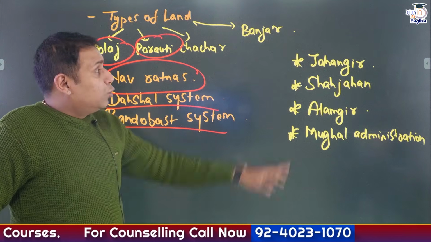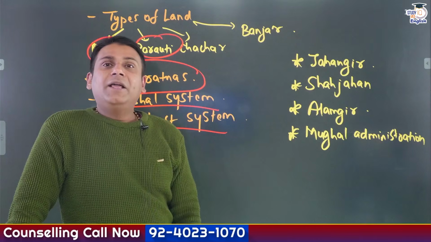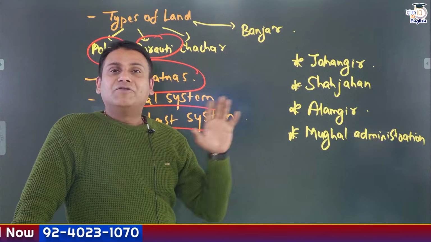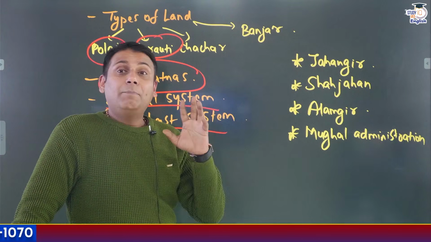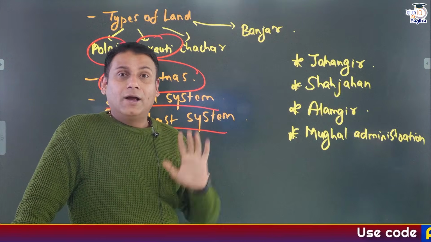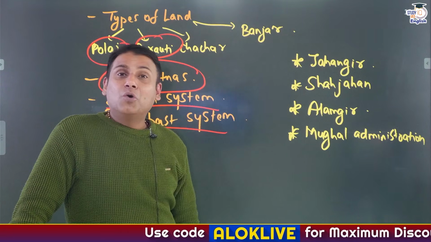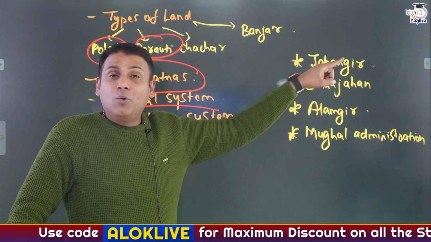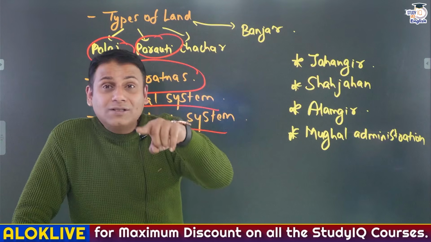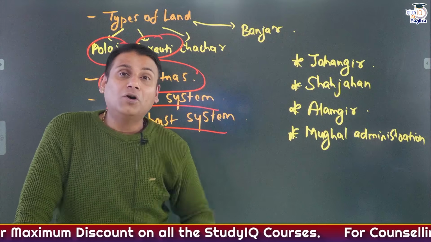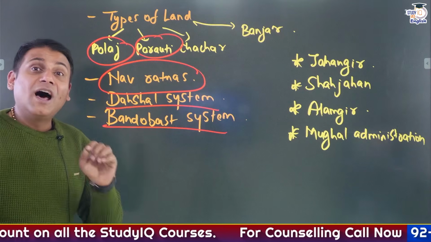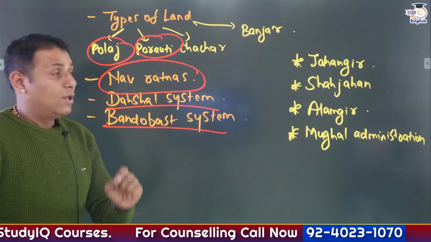Okay. Then go through Jahangir. Painting reached its epitome during the time of Jahangir. And there were many painters who adorned the court of Jahangir. Okay. Who was the first Englishman to visit the court of Jahangir? It was Captain William Hawkins. Who was one of the Englishmen who visited the court of Akbar? It was Ralph Fitch. Okay.